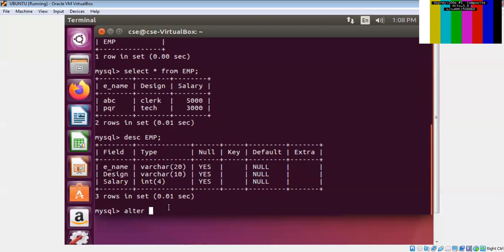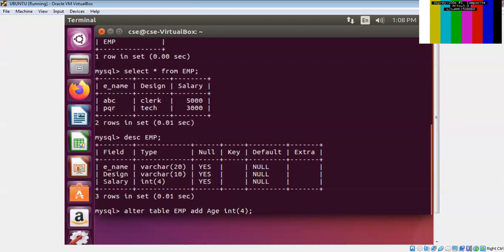So there are various combinations of alter command: alter add, alter drop, alter delete, alter rename. So there are a number of combinations. Alter table, name, that is employee. Suppose I want to add one extra column inside the table which is already created. So this is employee. Alter table, table name, then add keyword, then the new attribute. You have to type the name of that attribute, then data type and the size of that attribute. Suppose it is 4.